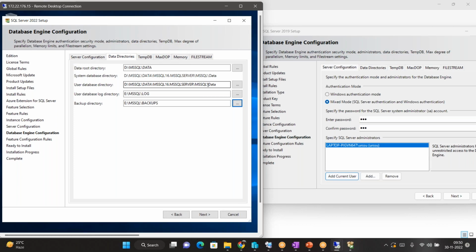Now why is it creating double time? I don't want double time, sir. Let it be the same folder. I don't want additional things, sir. Okay, let it be. So backups are going for E drive, log files are going for E drive, user databases and data files are going for D drive, sir. Okay, and